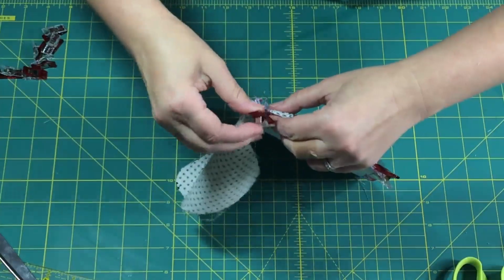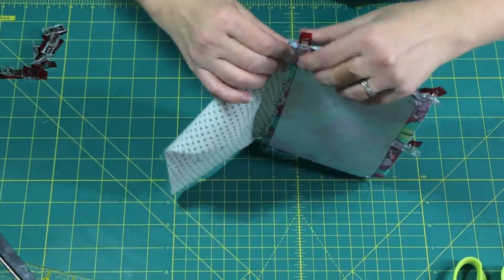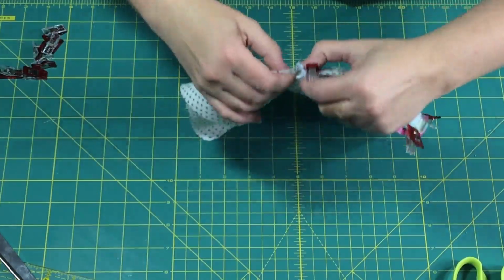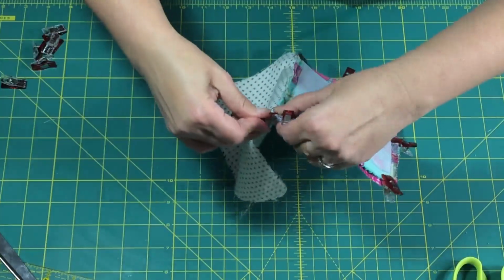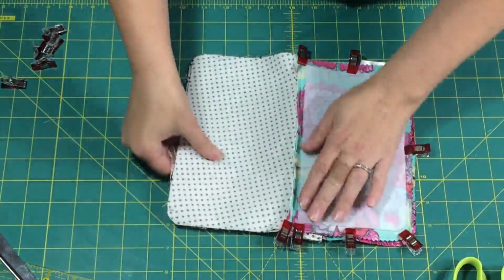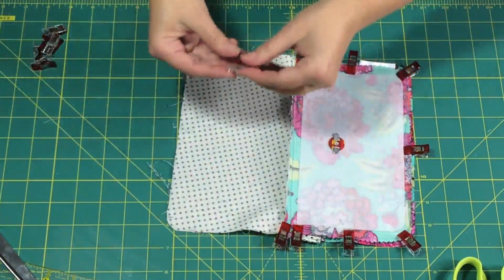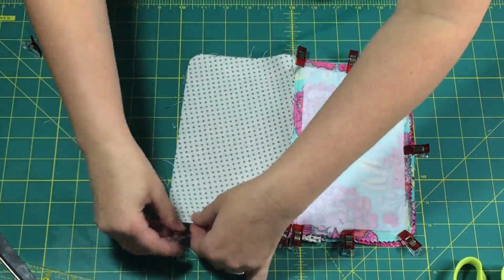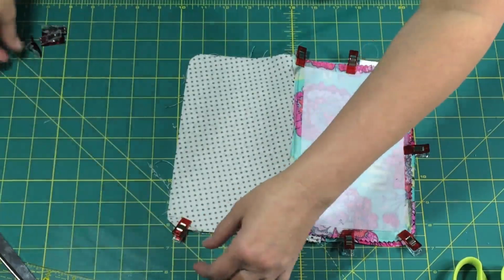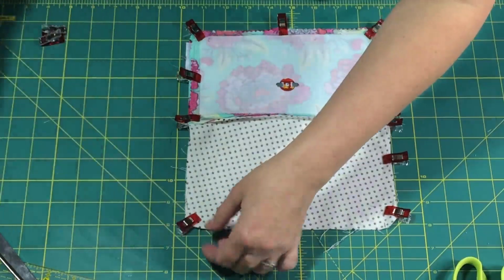Again, pinning, especially at this point, is super duper important. I cannot stress enough how important pinning is at this point. I'm, of course, using Wonder Clips just because that's what I need for this particular video. You're going to go ahead and Wonder Clip, or pin, sorry, all the way around to about 7 inches wide at the bottom. That's kind of like what we did before,